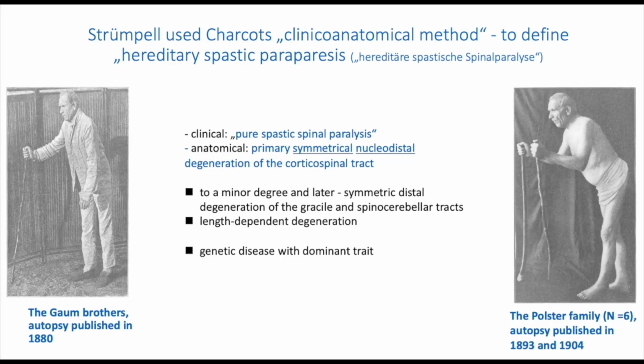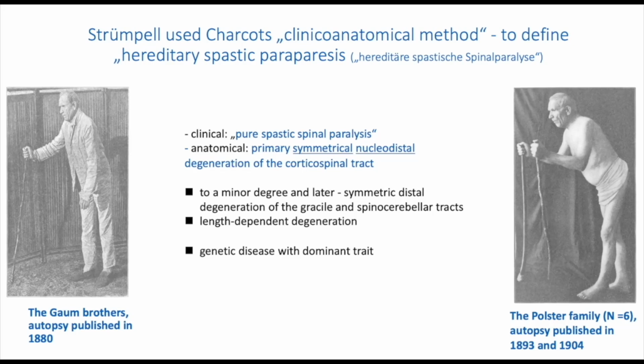He was a professor of neurology at the University of Leipzig then. The first issue is, I think, well known. He was a friend of Charcot, and he liked his clinical anatomical method. He related clinical findings to anatomy. And it was clear he had two families, the Gaume brothers and the Polster family, 8 patients, whom he accompanied during their disease for 20 years, and then did autopsies, and he was clear this was an entity clinically, pure